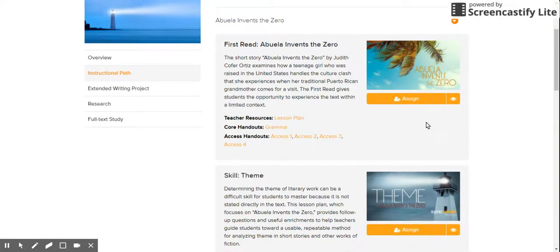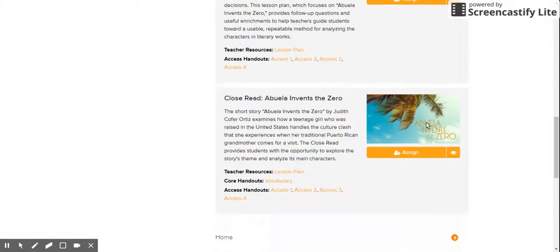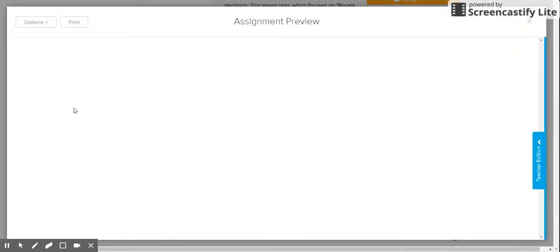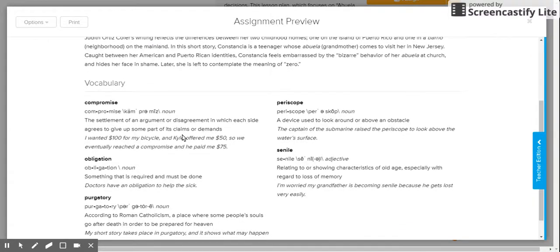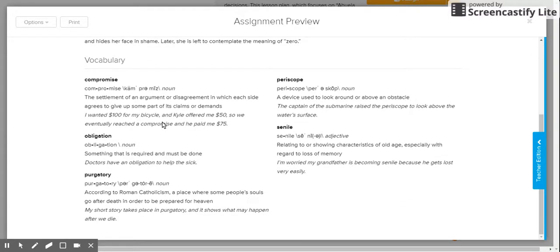Usually the vocabulary is located and attached to the close read section where we have the vocabulary handout, and also if you preview the assignment, the vocabulary will come up for the students right before they begin their close read. So here we have the vocabulary for Abuela Invents Zero, and it's usually about 5 words that can be found